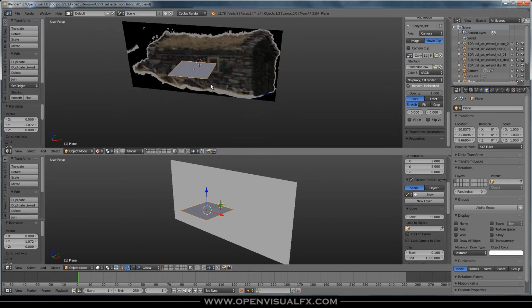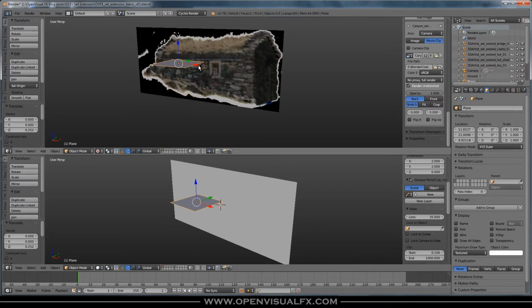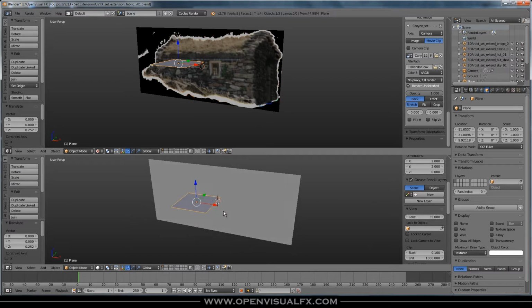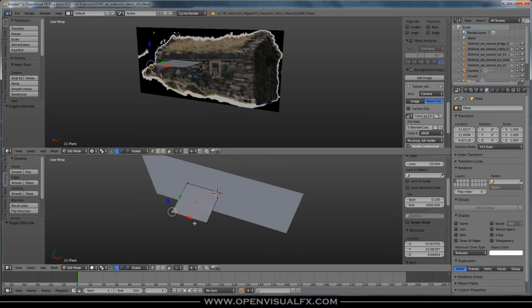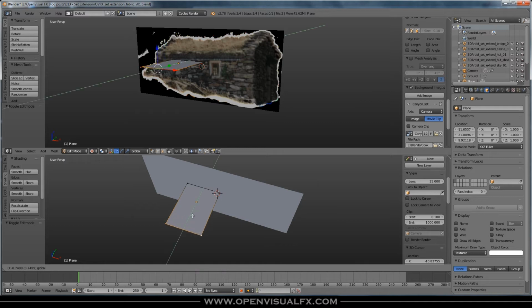Because it's kind of going to be a little roof thing right there. So I'm going to go ahead and put it right there. I think it looks very nice. And I'm going to tab into edit mode, grab these end two, and move them out a little bit further in Y. I kind of want it to be a little bit longer. If you look through the camera,